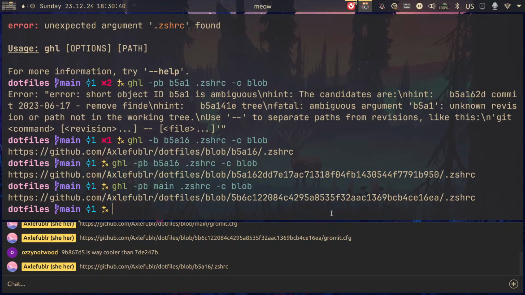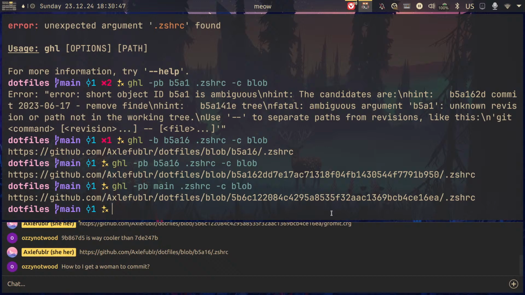So basically, the reason why parse isn't used by default is because otherwise you would not be able to specify links to specific branches that you have,